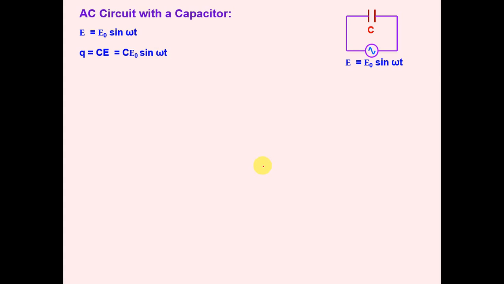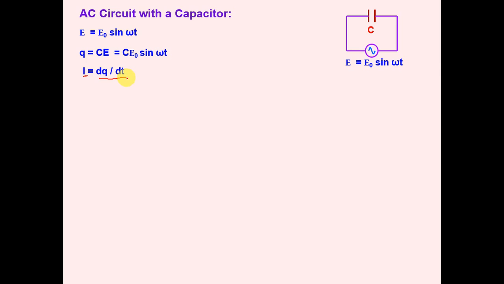So these are 3 important points we have written in this derivation. Next is when AC is applied to a capacitor. Let us consider we have a capacitor and the same EMF is being applied to it, that is epsilon naught sine omega t. In a capacitor, the charge is C into V, but V here is the EMF we are applying, so that is C into epsilon naught sine omega t. Now to find the current: current is the rate of change of charge flowing through the capacitor, so dq over dt is the current.